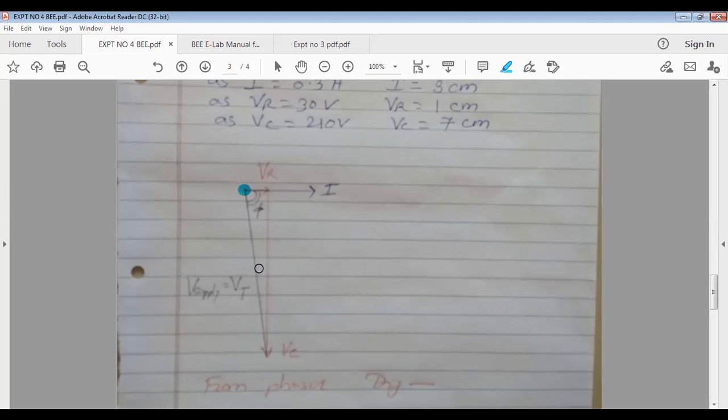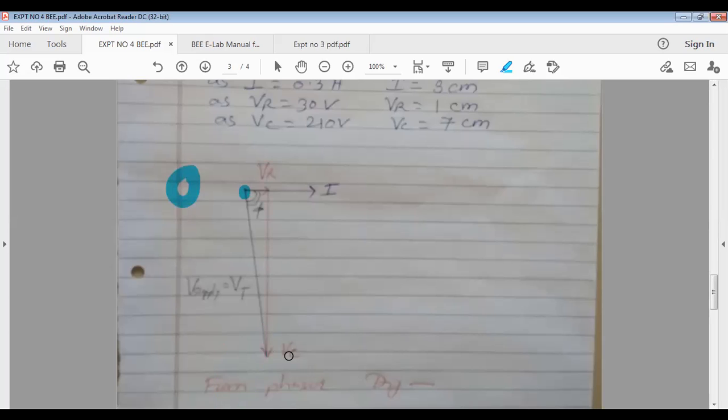So from here VR starts, here VC ends. Join these two points by one slant line, and what will it be? Yes, the slant line will be the total voltage, right? It will start from this point, suppose origin, and it will end at point A. So the arrow will be toward A for total voltage. Like this is the phasor diagram.